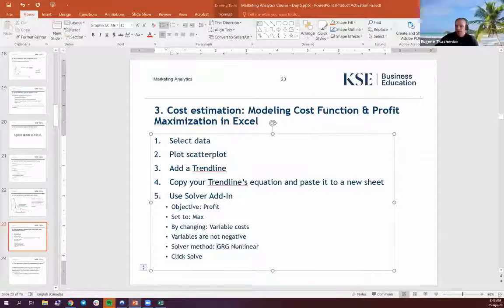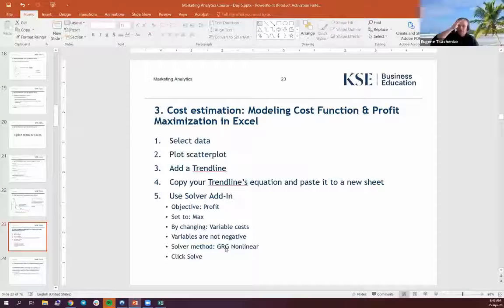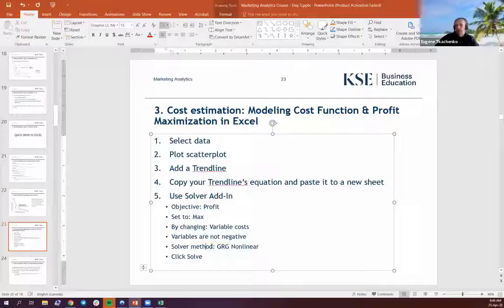If you've seen that it is non-linear, so it's not like a steep slope, you are dealing with the non-linear GRG model. If it's very steep and you have enough price points to say that it is linear, and the solver allows you to use the linear simplex LP method, then you can use it. But for the majority of cases,